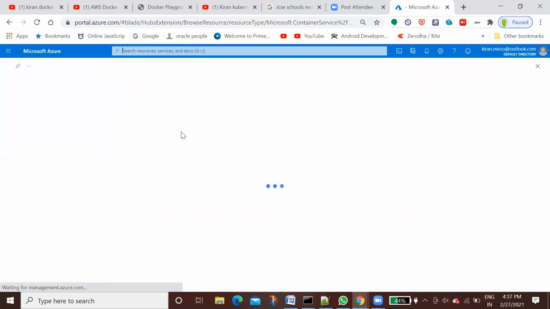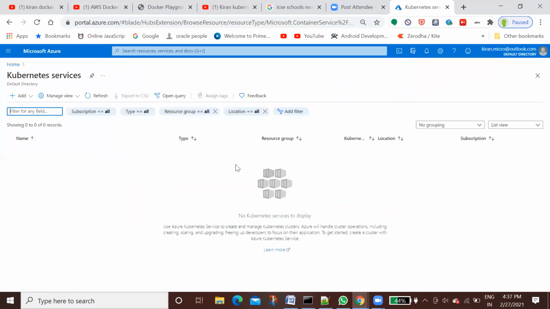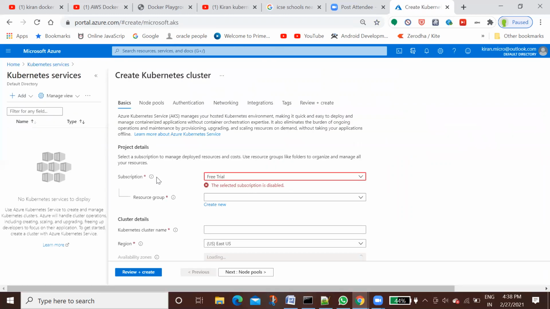Now, if you are running Kubernetes in your on-prem environment, you have to create a cluster using a command. But here you have a graphical way to create a cluster. No command needs to be run. Just click add now, the Kubernetes cluster. It is more easy.